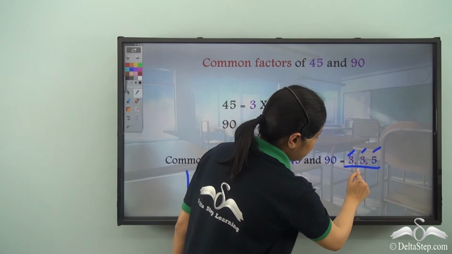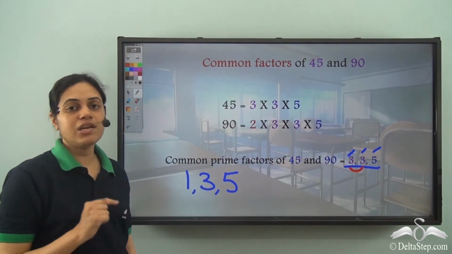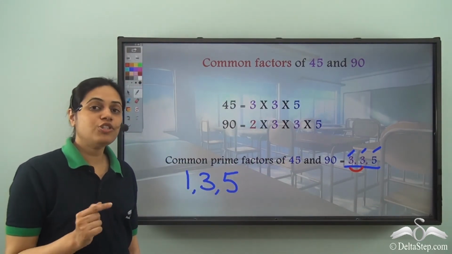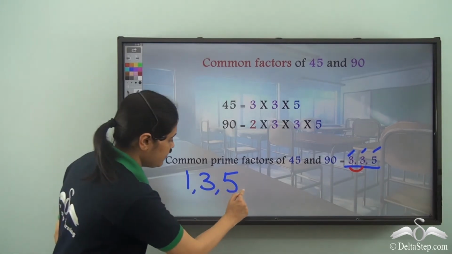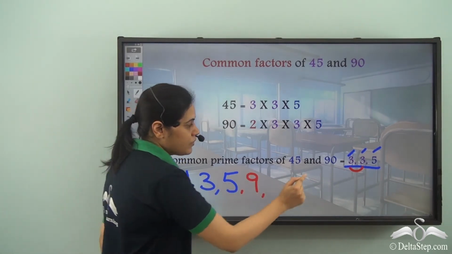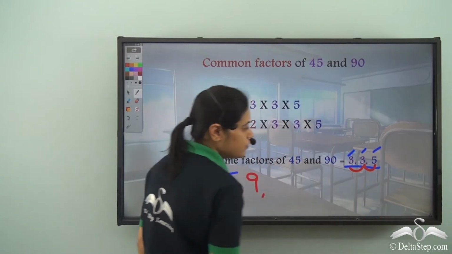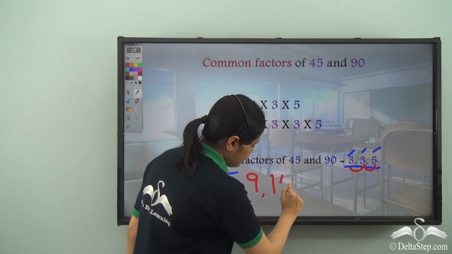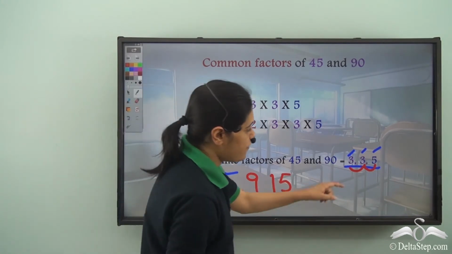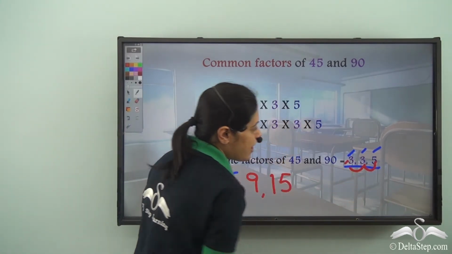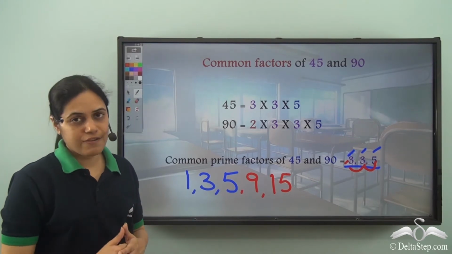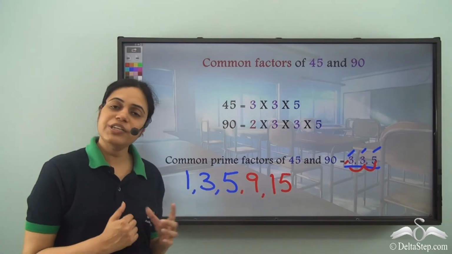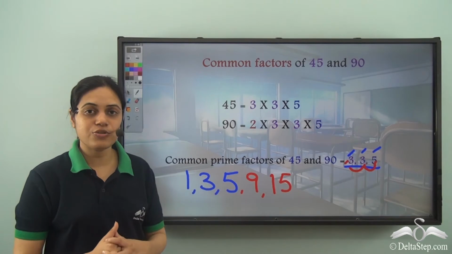So if I take these 2, that is 3 and 3. So 3 into 3 gives me 9. Next I take these 2. 3 into 5 is 15. Now if I take this 3 and 5, 3 into 5 is again 15. So I have already taken 15. So I don't need to write it again.